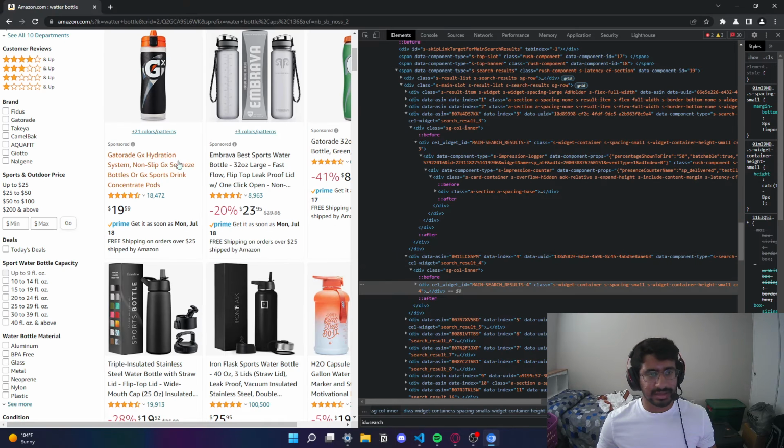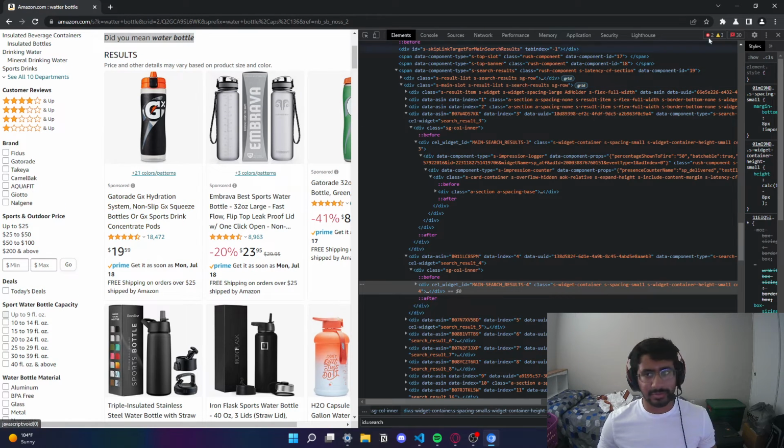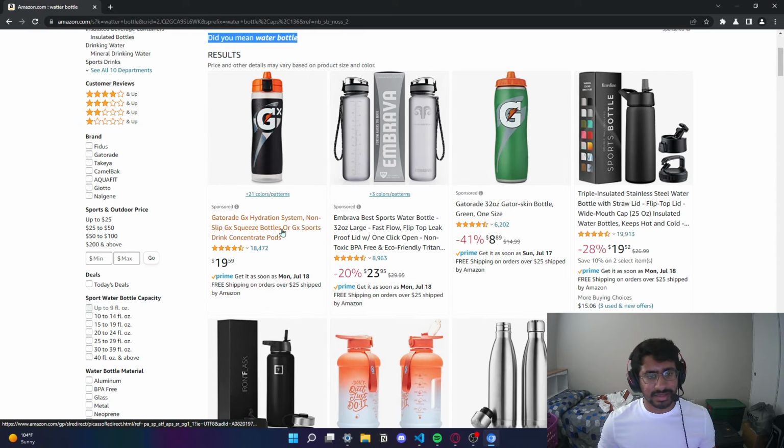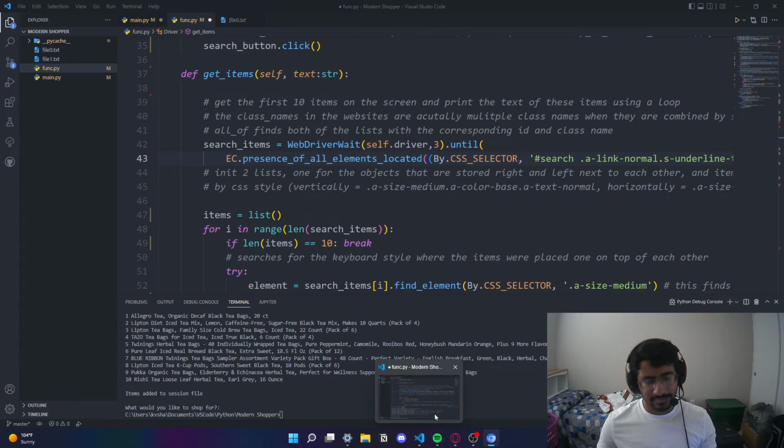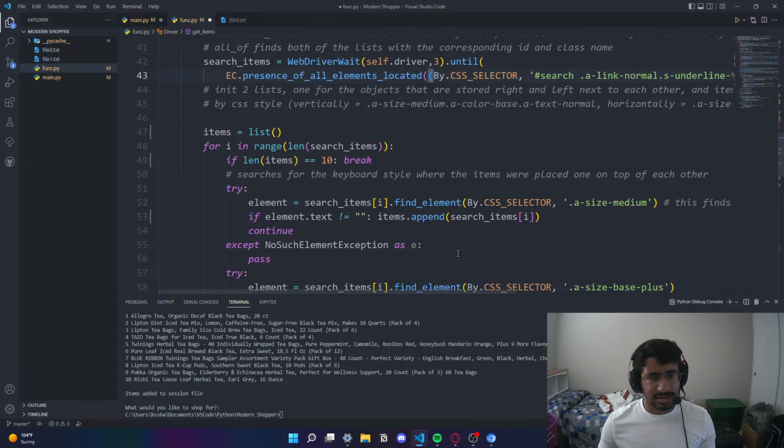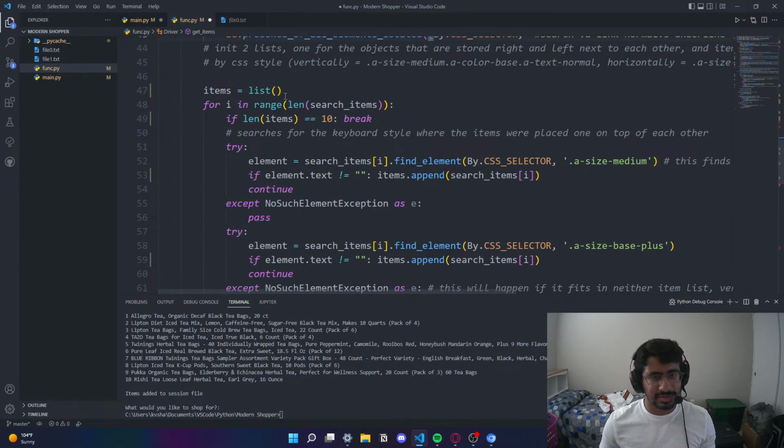So for example, it'll get the link of this item, this Gatorade water bottle, and it'll get the text. So those are both of the things that we want. Then we're going to say items is a new list. And so for each of these items,